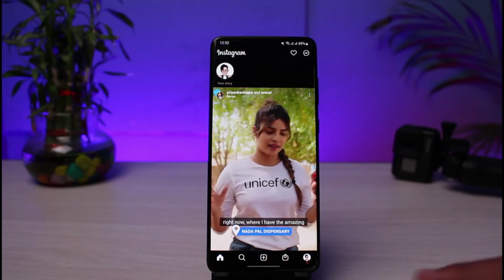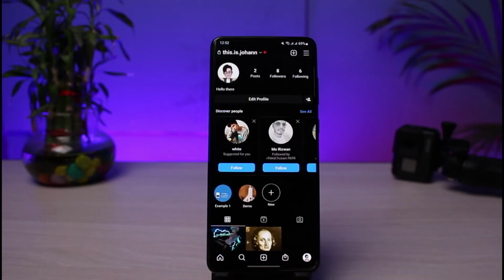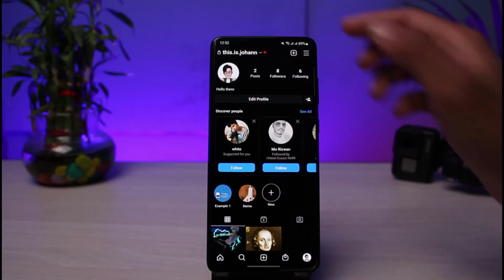You have to understand that there is only one way to make your follower as well as your following list private on Instagram, and that is to make your own account private. The way it works is that people who do not follow you, or do not know you, and people you do not approve as your follower will not be able to view your follower and following people. So what you have to do is tap on the three lines on the top right corner